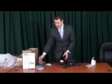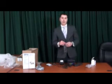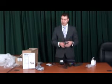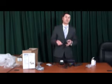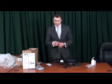Then from there, your merchants have the option of either running off of a phone line or an Ethernet line. This will be something you will have designated already after entering your file with us and letting us know if your merchant would like to process off their Ethernet line or off their phone line. Now, if they're processing off their phone line,